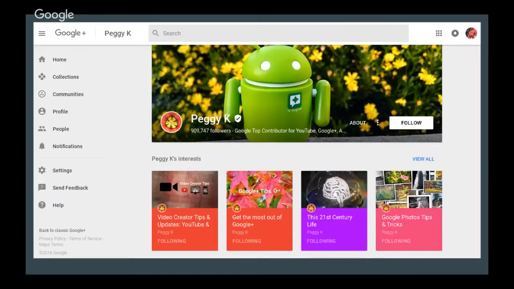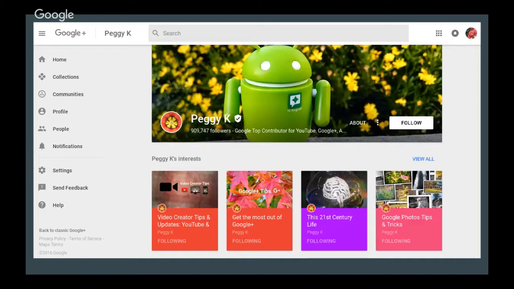And what's important to recognize is that you can't actually control what exactly shows there. You can see there's only 4 little squares. Google Plus is placing those based on some parameters that they use. They haven't quite explained exactly how they choose that, but people can click the view all link to see all of your collections and all of your communities. It's top secret. And I just wanted to mention again, this is a reason to use collections because look, they're highlighted right there on your profile. That's true.